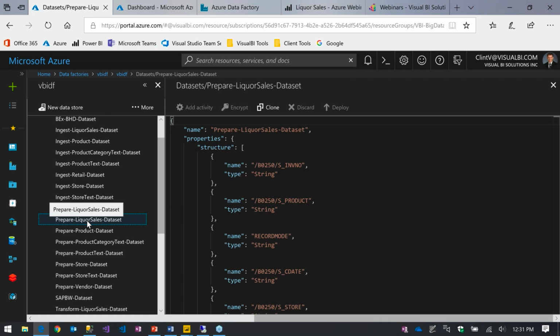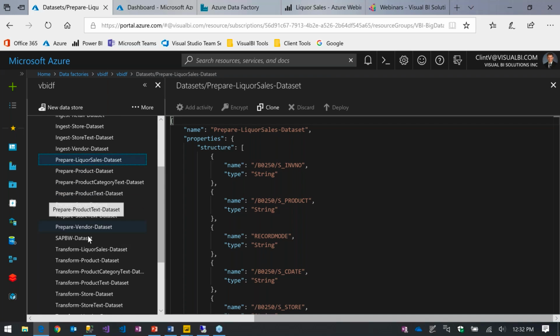Again, this data set's going to get a little smaller. When we ingest that data in, this is part of that ELT process. I've extracted it and I just load it into the ingest folder, so every single column is loaded. But now I start enhancing that. So this data set's going to be smaller. It's only the columns that we need for our visualizations later.